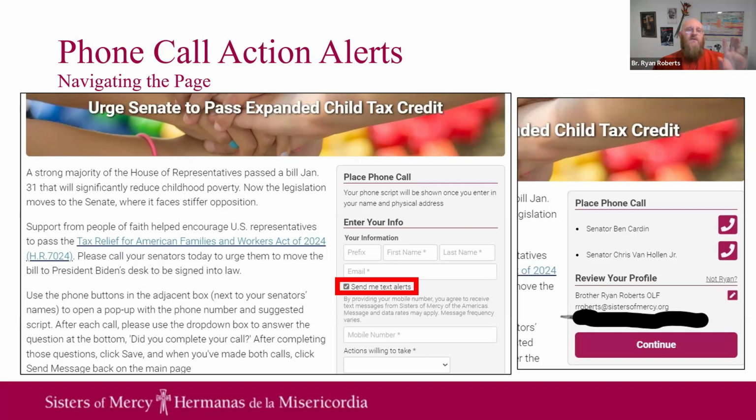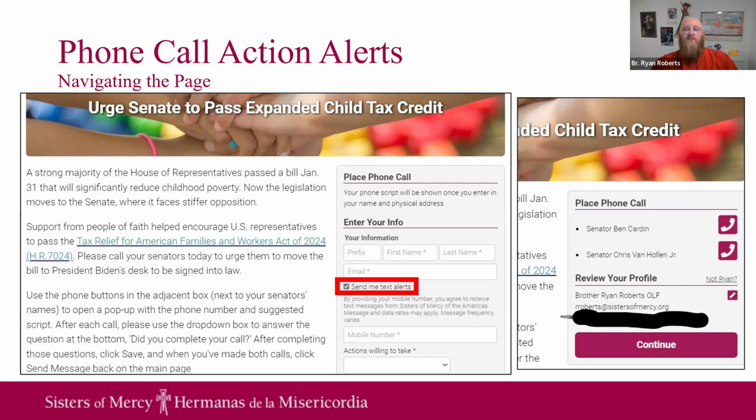I wanted to especially highlight in the red box on the left side, we've been getting some more questions about mobile phone numbers. And I wanted to highlight this checkbox that says send me text alerts. If you are entering your information to do an alert and you don't want to give it your mobile phone number, then you should just click in that gray check mark box. It will uncheck the box and the mobile number field will disappear. You'll be able to complete the alert without giving a mobile number. So I just wanted to point that out.